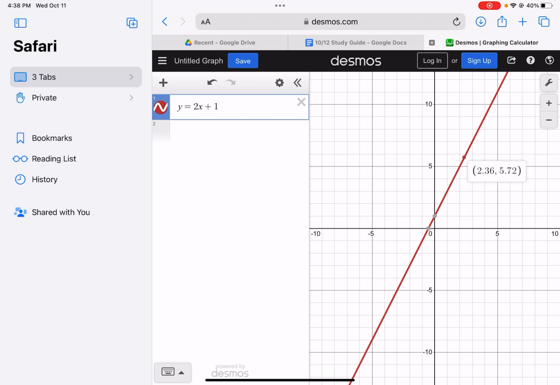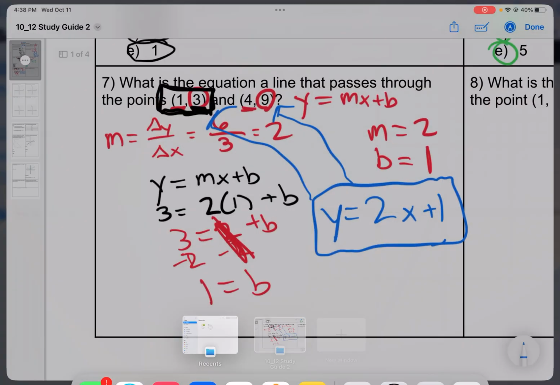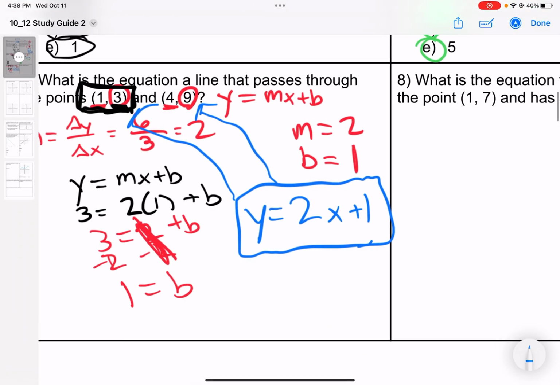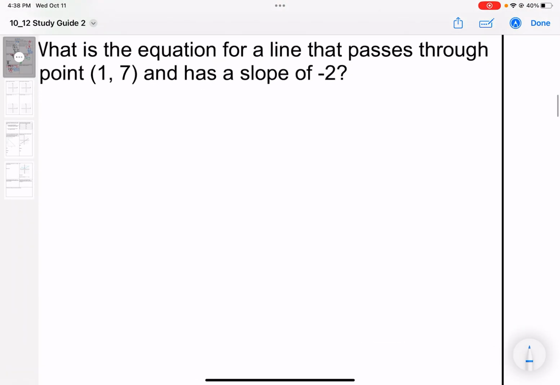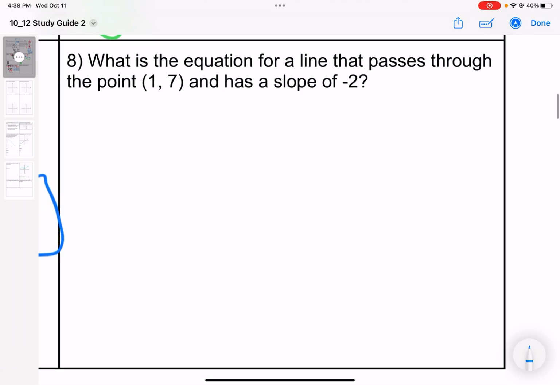What was the other one? 4, 9. There it is. 4, 9. All right, it goes through both. So that's number 7. Number 8 says, what is the equation for a line that passes through point 1 comma